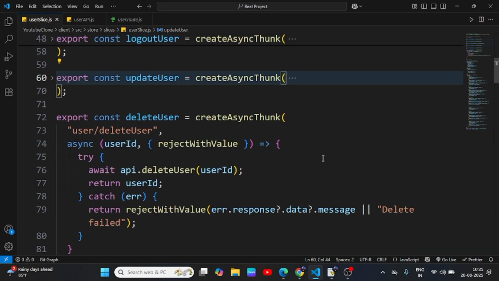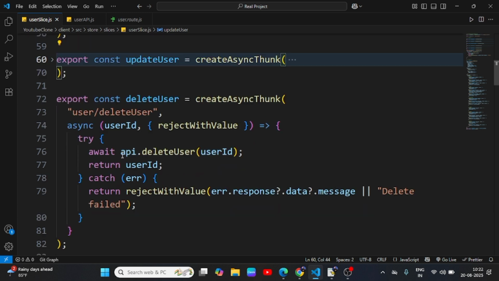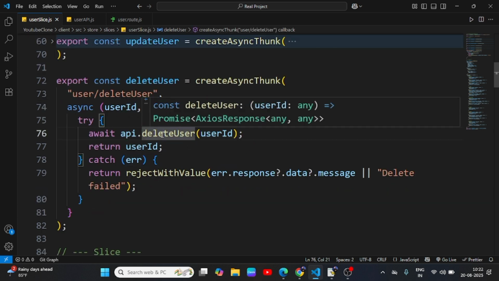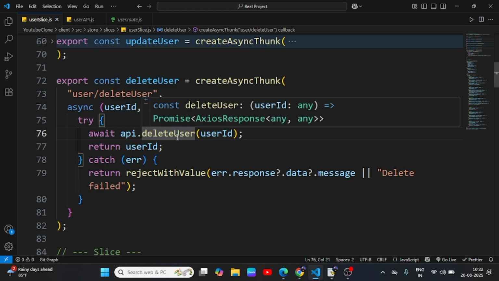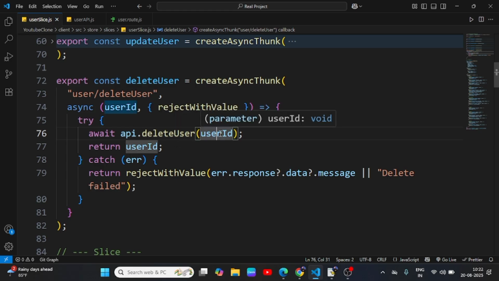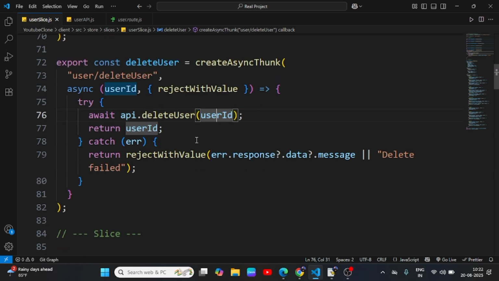Delete users, similarly user ID, and this user ID I grab from params, because I want to know which user ID you want to delete. I call the request delete user API function with the user ID. So it's a request, and I'm not going to return anything,